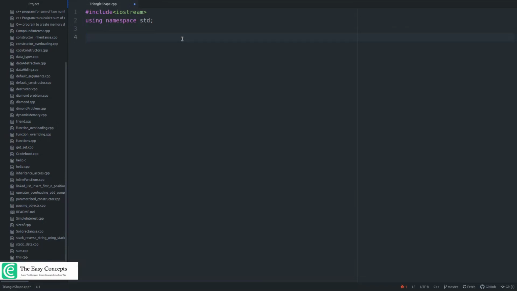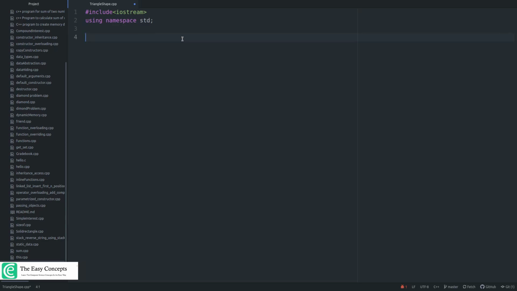I am Deepak Niyal. In the previous tutorial we discussed various types of polymorphism, like compile time and runtime, and then we discussed an example where we had a shape class which was being inherited in another class, triangle, and then we used various means to invoke the draw function of these classes. So let's start with the implementation and understand this clearly.